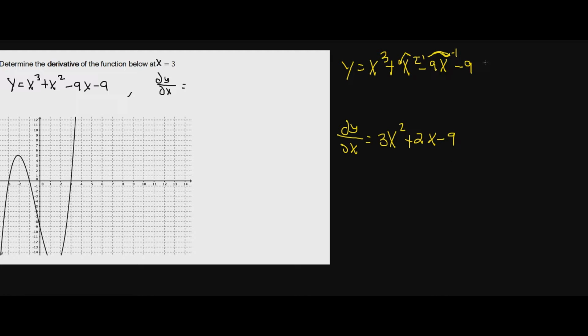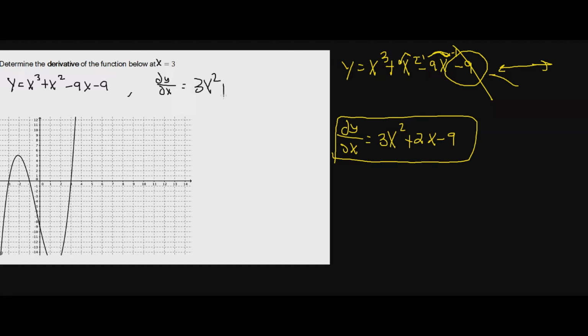Okay. And what's the derivative of just a number? A straight line, right? This is just a straight line at negative 9. Well, that's 0. So this is gone. And this right here is my function that'll give me my instant slope. So I can write it now: 3x squared plus 2x minus 9. All right. Now I can plug in 3 into this equation, and I should be good to go and find